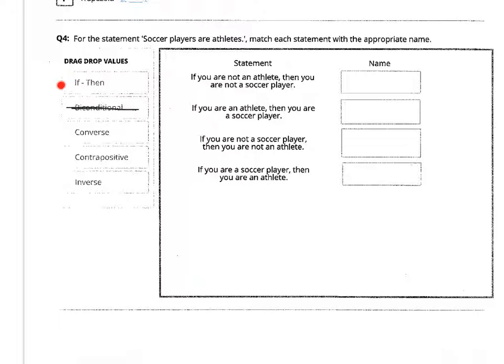So you get the if-then statement, the converse, okay, which is just when you flip this around. The inverse, which is when they start adding negative words. And then the contrapositive is just the opposite of the inverse. So you have,